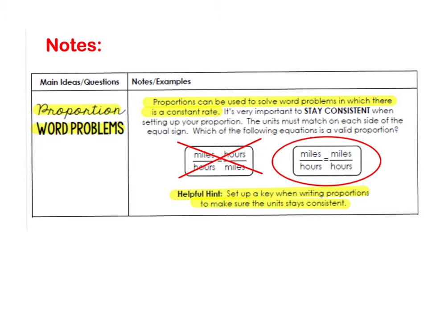So let's start with this first page. This is going to go into your notes. I want you to write proportional word problems. And we have two things you're going to write. Proportions can be used to solve word problems in which there is a constant rate. And then this hint down here: the key when writing proportions is to make sure the units stay